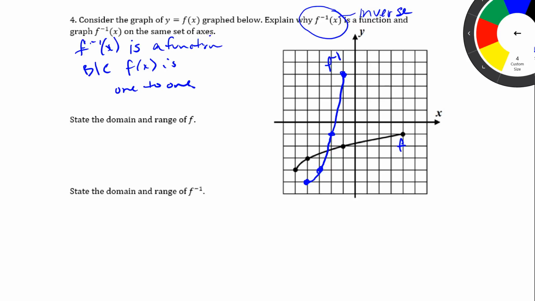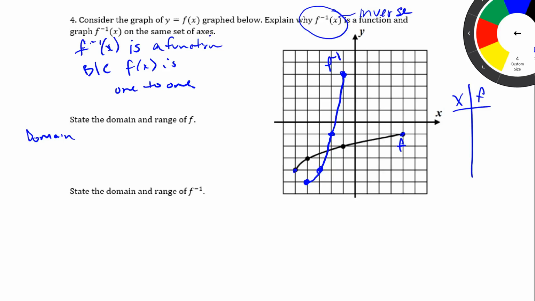All right, the next thing that it asks us to do is to state the domain and range of the function f. So that's the original graph, the graph that's in black here. So the first thing we want to do is find the domain. If we want to find the domain, we have to think of the possible x values that are on this function. So an easy way of doing this would be to set up a table of values. So I'm going to have here an x value and an f value. So the 4 points that are given, including the first point and last point on your function,